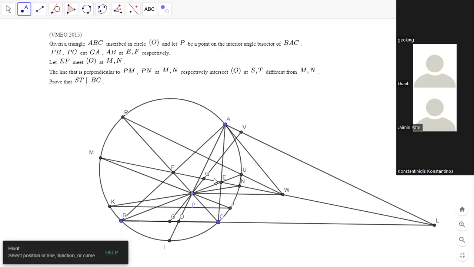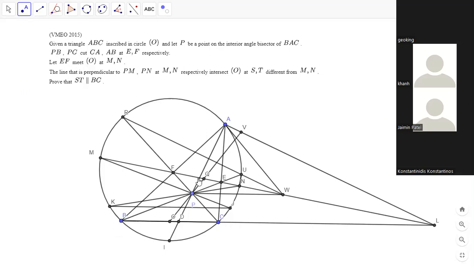Okay, that makes sense. Because they are harmonic and AP is perpendicular to AV, we must have AP is the angle bisector of angle OAQ. So in other words, AO and AQ are isogonal in angle BAC. So AQ must be the median line. And we have AW is the tangent. So about the tangent and median harmonic conjugation, we have